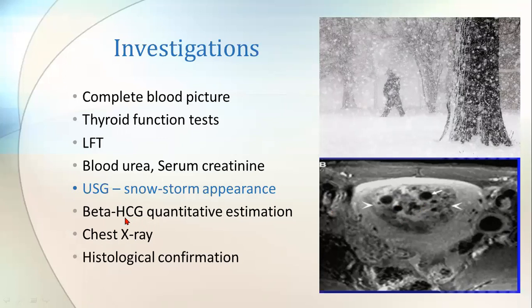The other important test which is helpful is the beta HCG level. From the starting, we are saying that beta HCG quantitative estimation is very much important. In MCQs also, they will be asking which hormone is helpful for prognosis of molar pregnancy; it is beta HCG. To know the metastasis, if the patient complains of breathlessness, dyspnea, or hemoptysis, chest X-ray should be done. Last, after the treatment, after suction of all the moles, a confirmation should be done whether it is a molar pregnancy or any other carcinomatous tissue. Therefore, histopathological examination is an important investigation after the treatment has been completed.